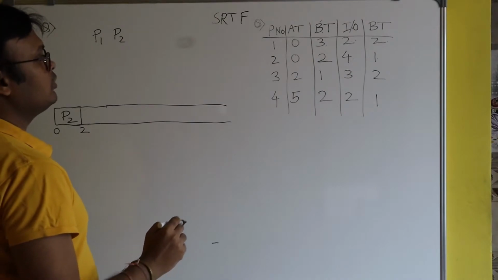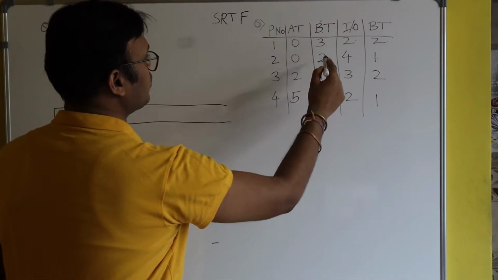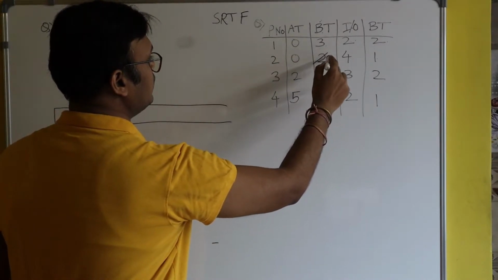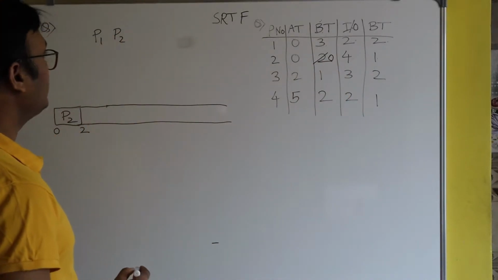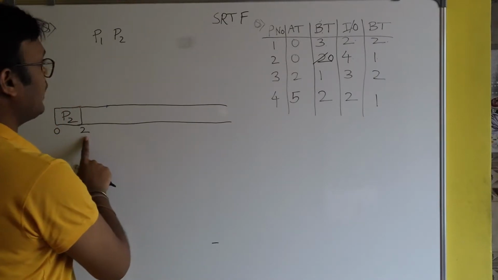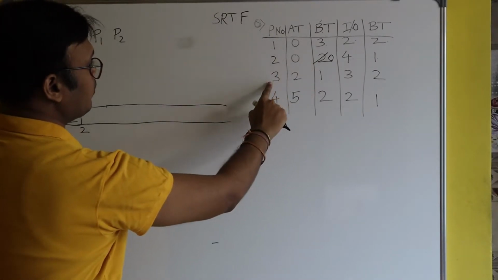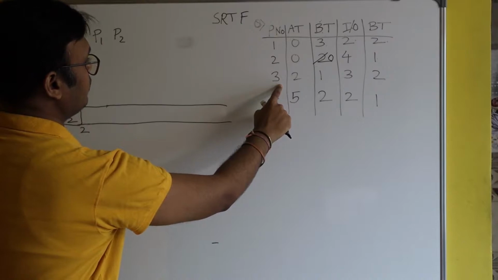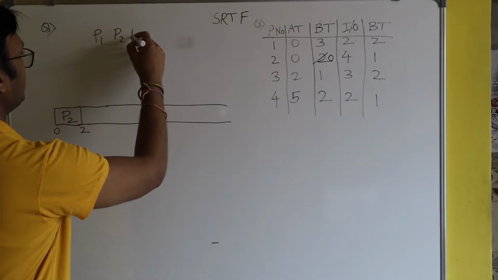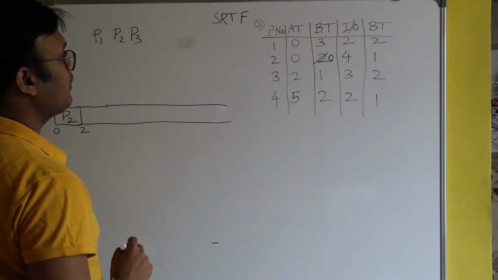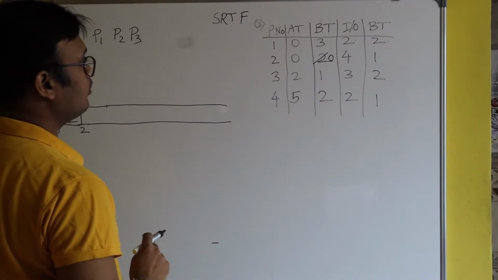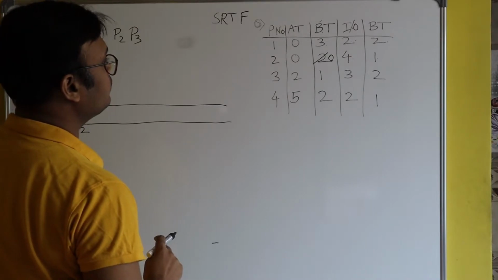So what's the burst time left for process P2? 0 seconds. And also you can see that at 2 seconds, process P3 has also arrived. So here I will write process P3. Okay. And also you can see that